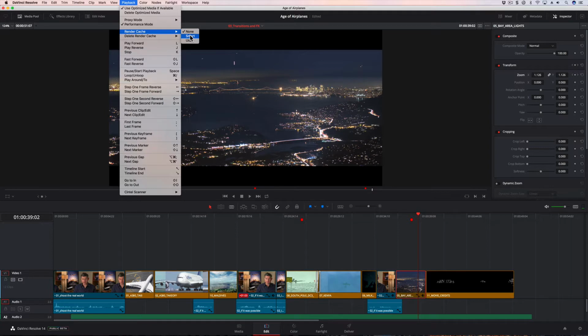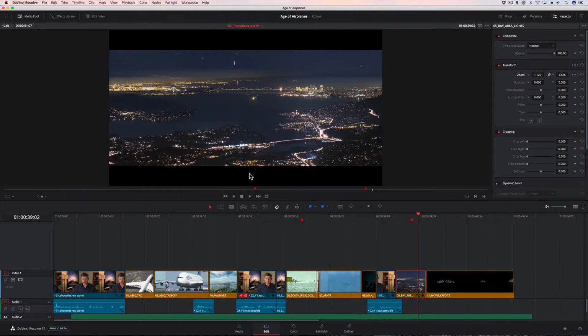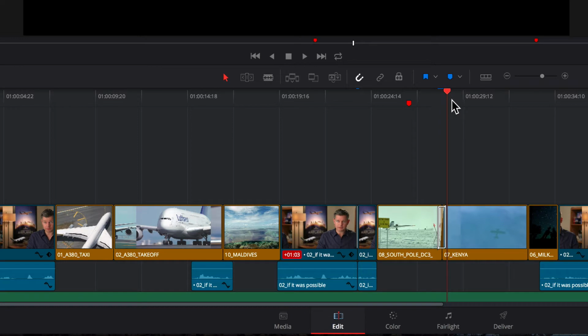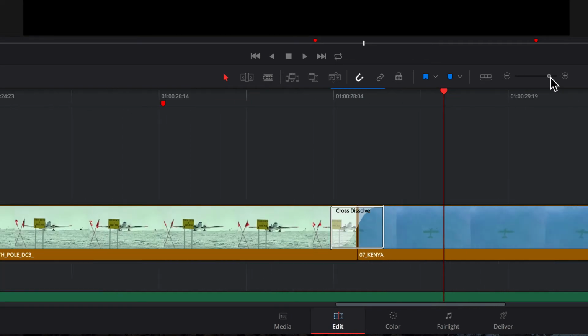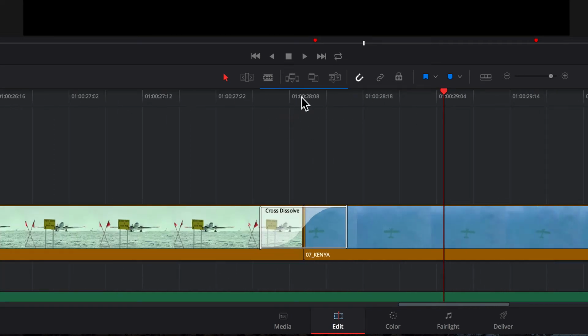So I'm going to turn on this render cache smart, and any place that it won't be able to render, it's going to show me little red dots, and you can see over here I have blue ones. The blue line indicates that this area is cached. Now if I change this transition at all, it's going to uncache, turn red, and say I need to render this, and it's going to render it in the background for me. So it's a caching system that automatically does it for you,